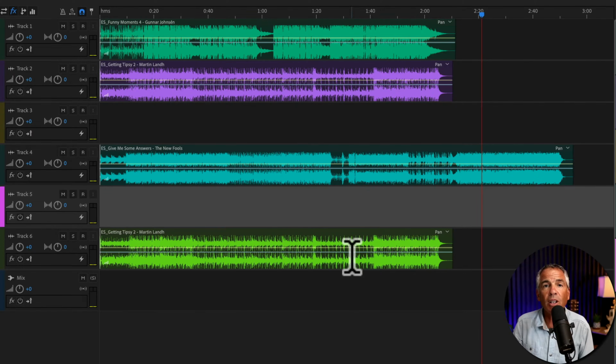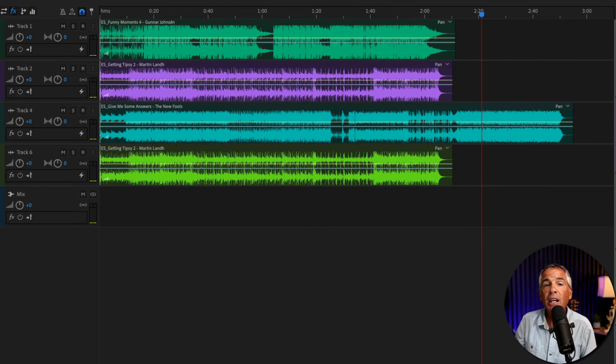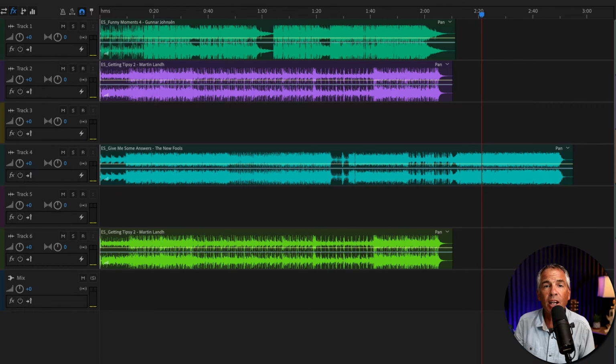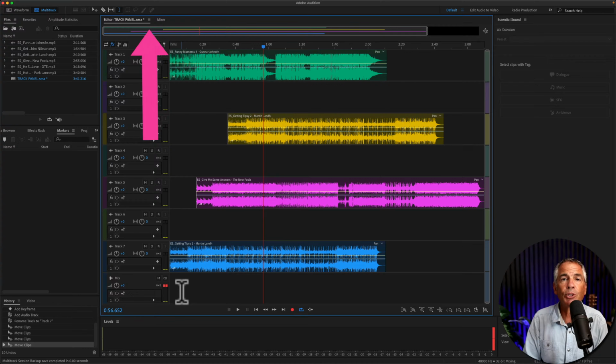In this tutorial, I'm going to show you how to use track visibility in the tracks panel so you can customize when you show and hide tracks in the Multitrack. There are a couple different places for you to access the track visibility menu to show and hide tracks on